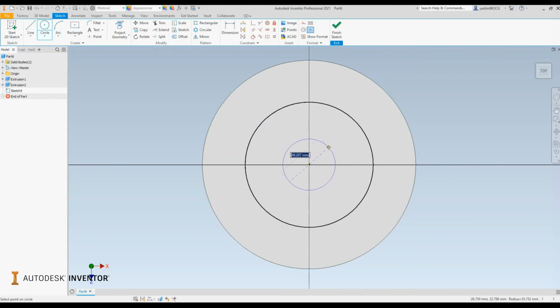Now, as I'm drawing out the circle, it's asking for a diameter value. Maybe I want a radius value. Before I actually input any information, I'm going to right click using my mouse and head over to the marking menu. Okay, so there's a whole bunch of quick options that you can use over here. However, the one I'm interested in is changing the size of my circle from being specified by using a diameter